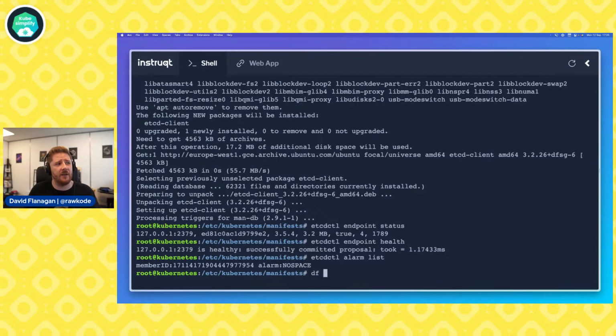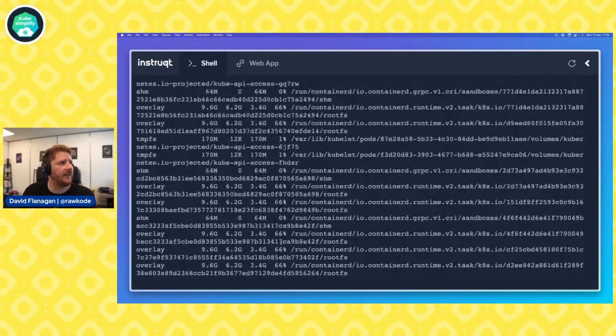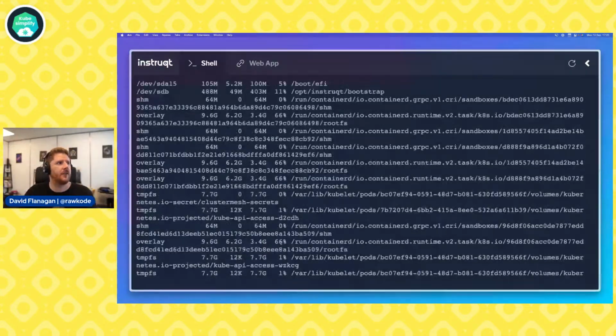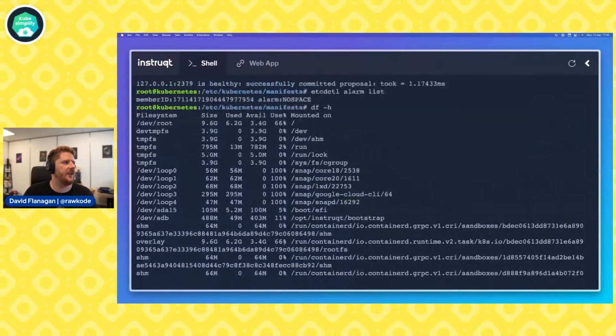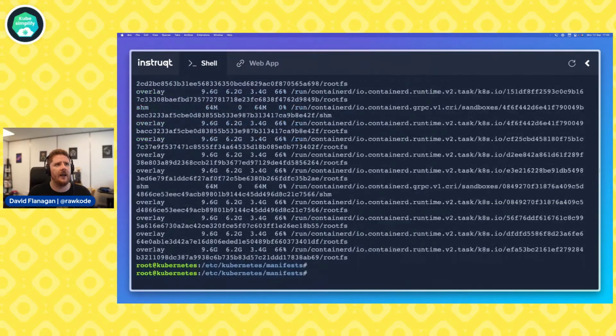Now, as part of our debugging process, we may run df and scan through this to see, do we actually have a full disk? Oh, what's going on? How do I get more space? And you can ignore loopbacks; they're always 100%. But we can actually see that we have plenty of space on this disk. And again, we're getting very close to the end, so I'm going to go a little bit faster here. But please feel free to reach out to me and enjoy the other 3 clusters, and I'll help you as I can. But we're going to look at our configuration for this.